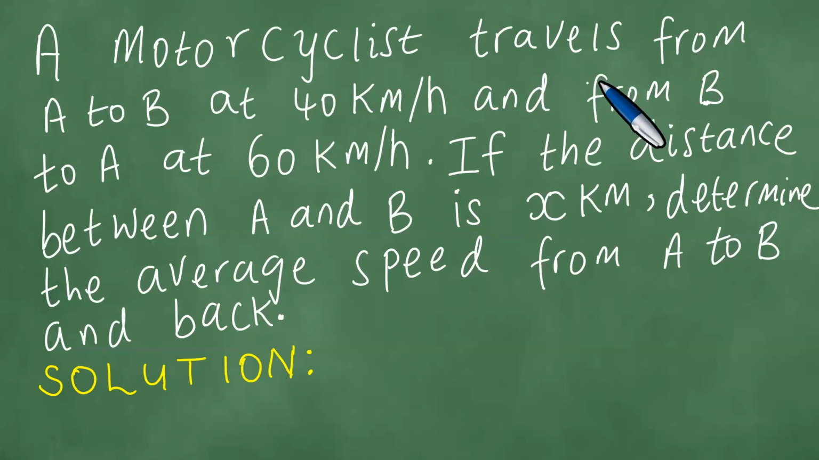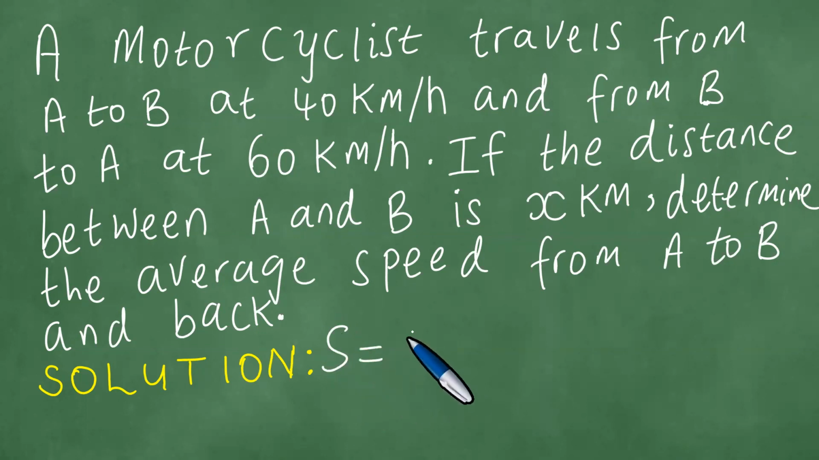A motorcyclist travels from A to B at 40 kilometers per hour and from B to A at 60 kilometers per hour. If the distance between A and B is X kilometers, determine the average speed from A to B and back. Right. First things first, we need to just remember the basic concept here